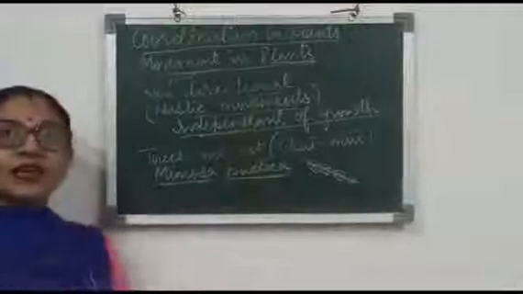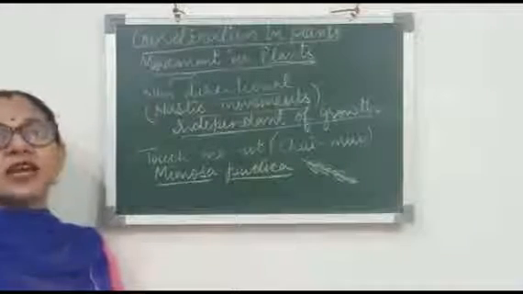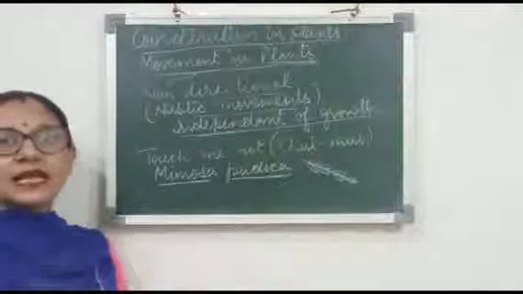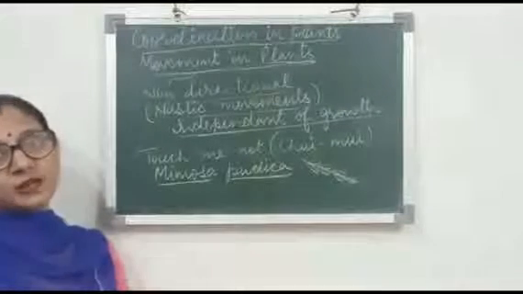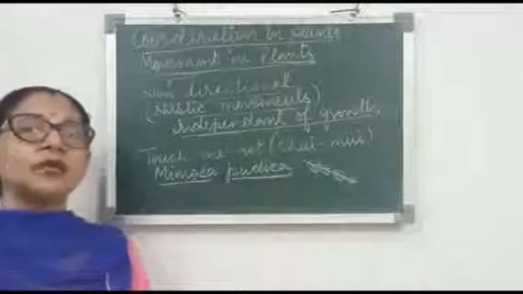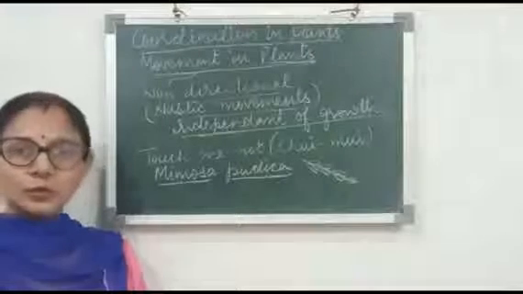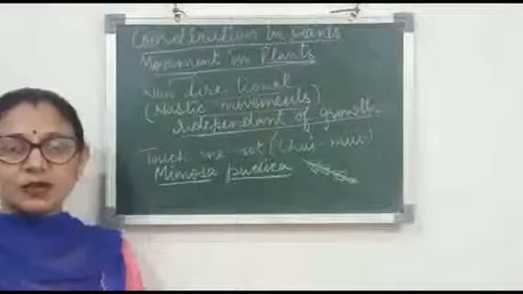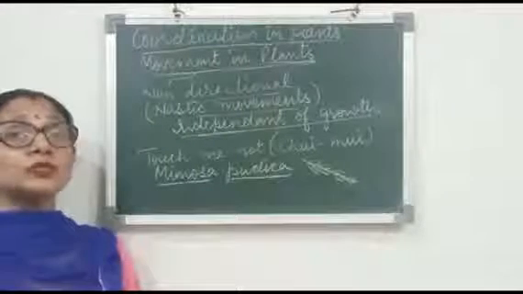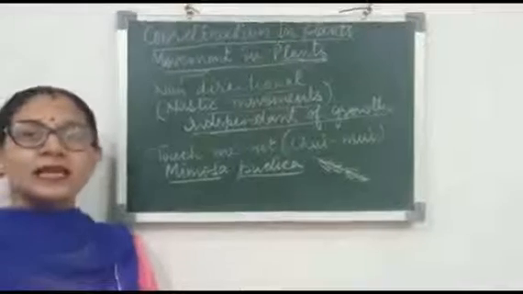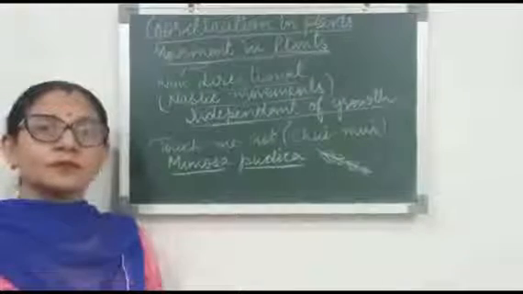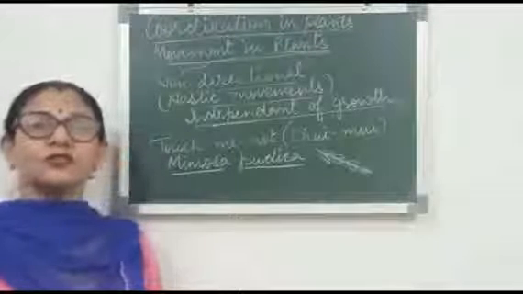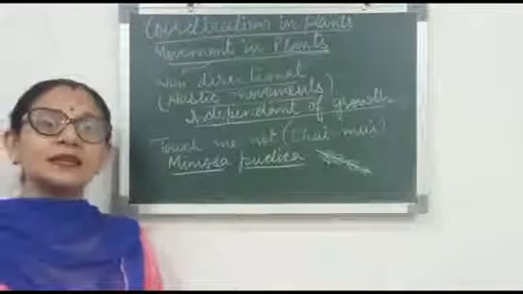And first of all, we have studied 5 types of tropic movements. Tropic movements are actually growth dependent movements. So finally we come to know that movements in plants are of 2 types. Directional movements, they are known as tropic movements, and they are growth dependent. And the second type of movements are non-directional movements, and non-directional movements, they are independent of